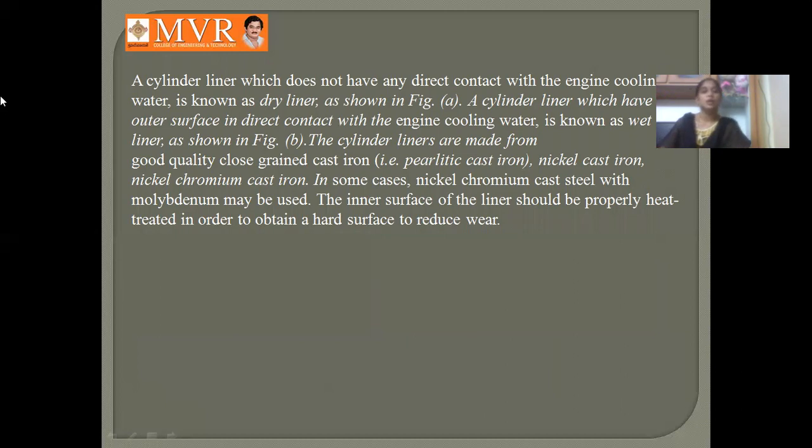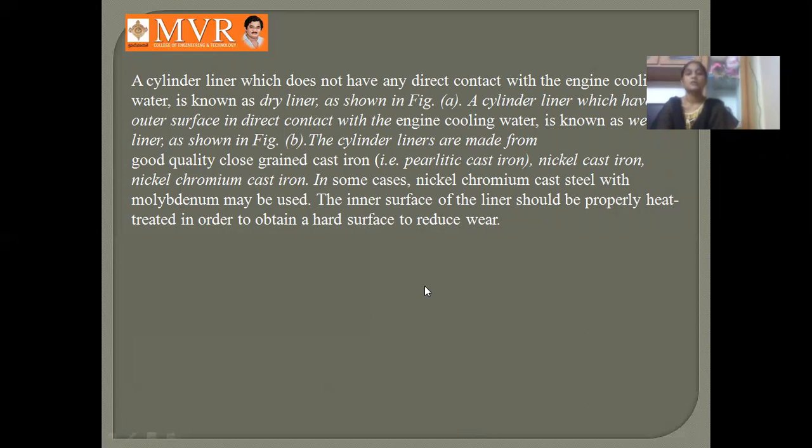A cylinder liner which does not have any direct contact with the engine cooling water is known as a dry liner. A cylinder liner which has its outer surface in direct contact with the engine cooling water is known as a wet liner. The cylinder liners are made from good quality close grained cast iron, nickel cast iron, nickel chrome cast iron,